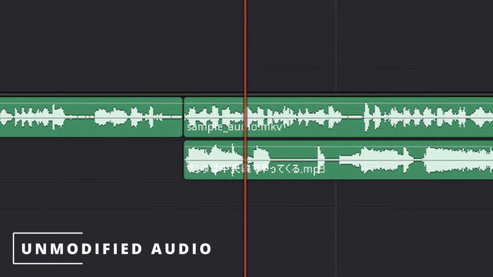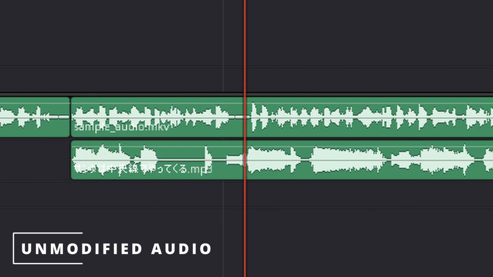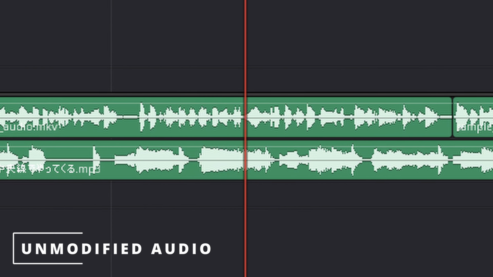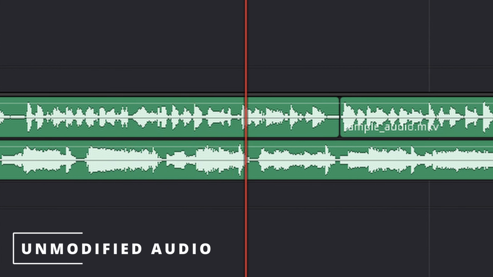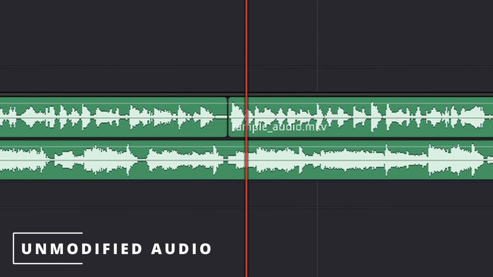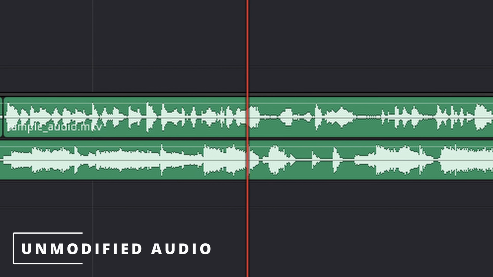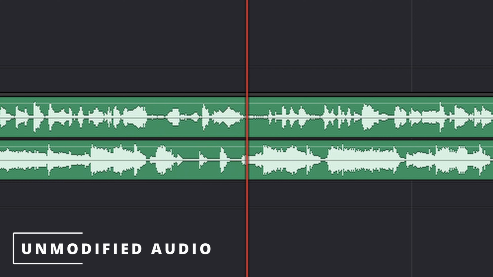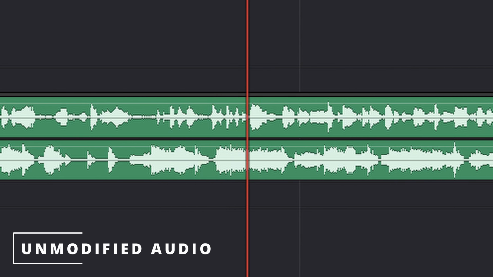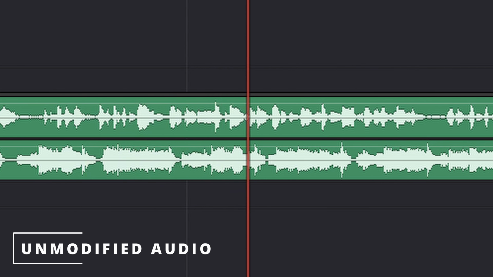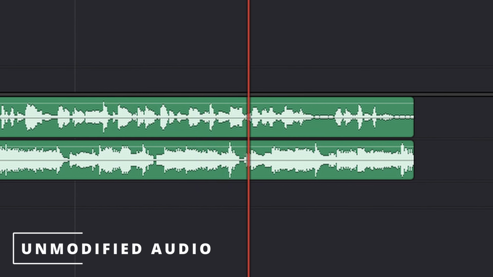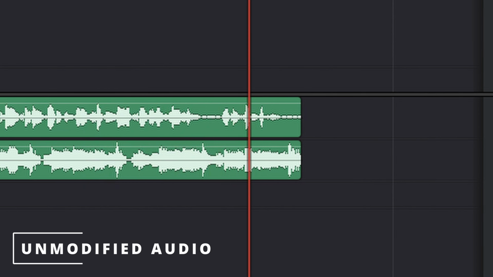Here's an example of some voiceover inside of DaVinci Resolve. I've got the voiceover on audio track 1 and I've got some background music playing on audio track 2. However, I'm not reducing the frequencies in the background music that tend to overlap with spoken word. Because of this, there's a bit of a clash and it can be at times a little harder to hear certain words and enunciations. We can fix this.